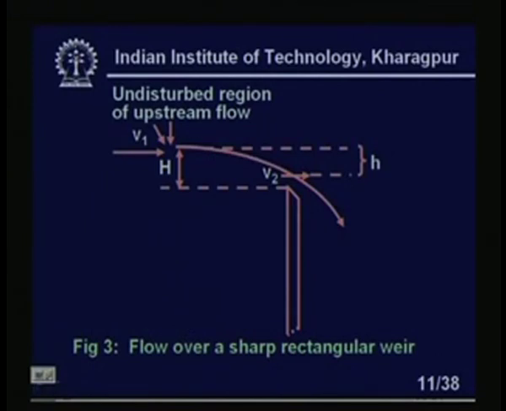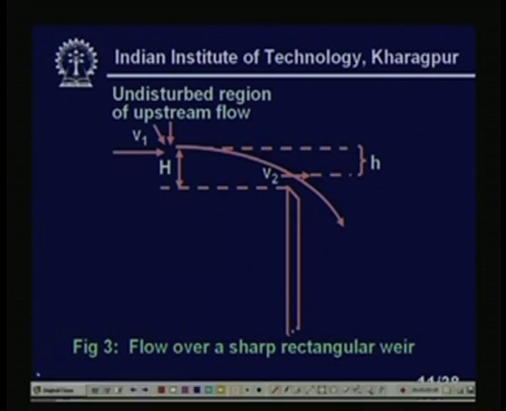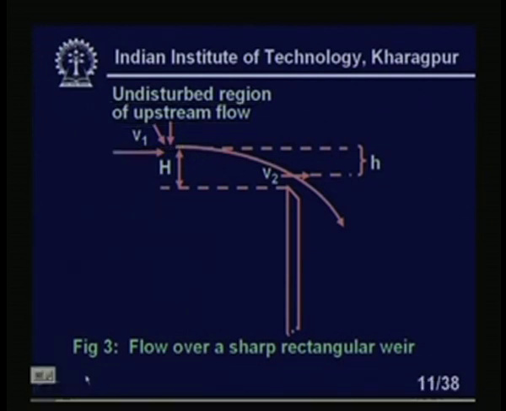You see this is the undisturbed region of the upstream flow. This is the water level, this is the undisturbed region of the upstream flow. If I take a plane, it is the same everywhere, because water is coming like this, so this level is undisturbed. After that you see the water height starts to fall. Now, in the previous slide, if you see what we have seen,